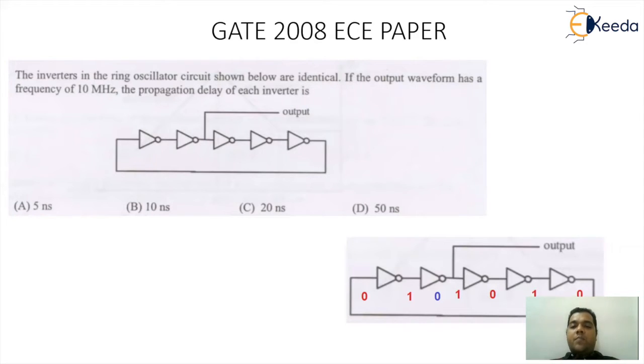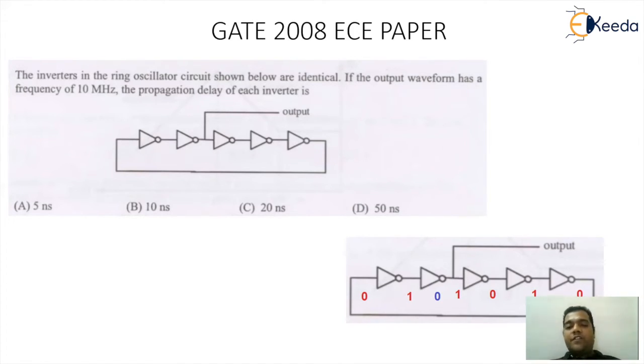So the most important point we need to understand here is, when we talk about the output, if you start with output as 1, it will get inverted to 0, then inverted to 1, and so on. So the 1 will come out as 0 when it is passing through 5 inverters. So now the output will go to 0 when it has passed through 5 inverters. Now this 0 will be given again, and it will complete an entire cycle of again 5 inverters. Then it will come out as 1.